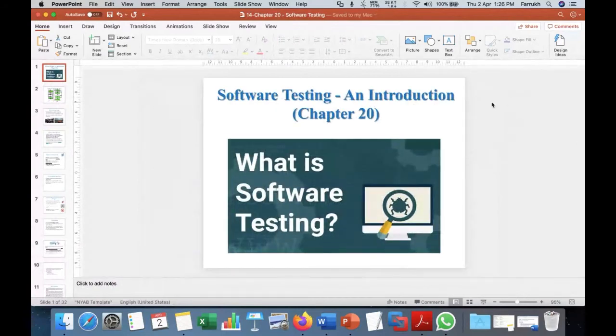Okay, so let's begin our next chapter, which is about software testing. This chapter is not the complete discussion on software testing. This is just an introduction that gives you the major umbrella, the major topics under the umbrella of software testing. The details are not part of this chapter, but afterwards you will understand